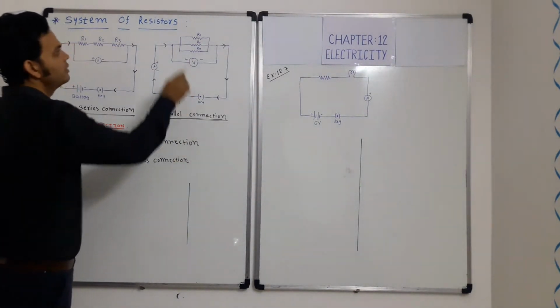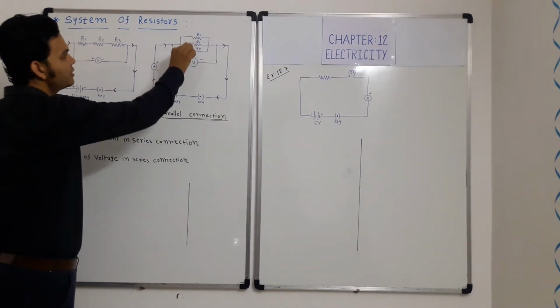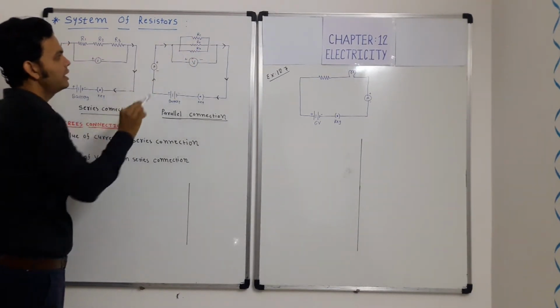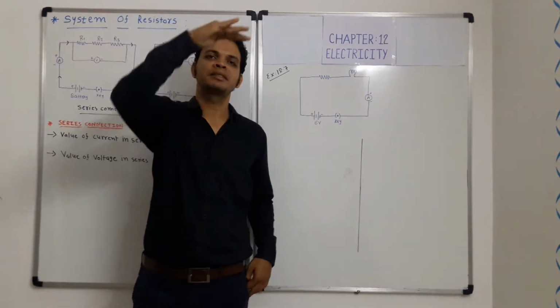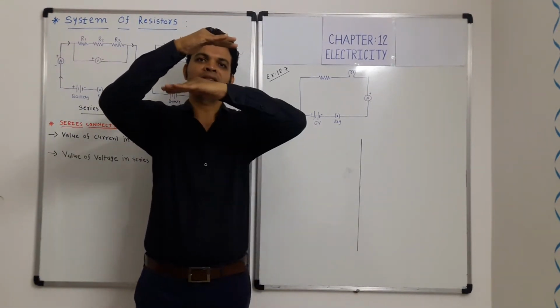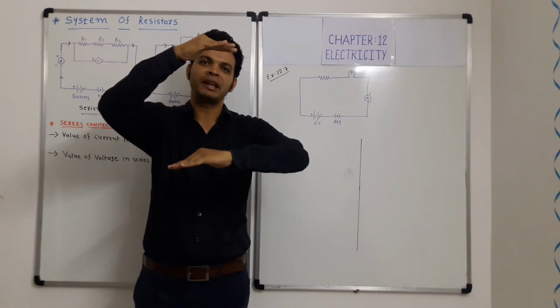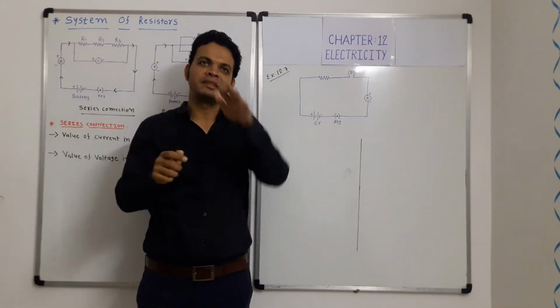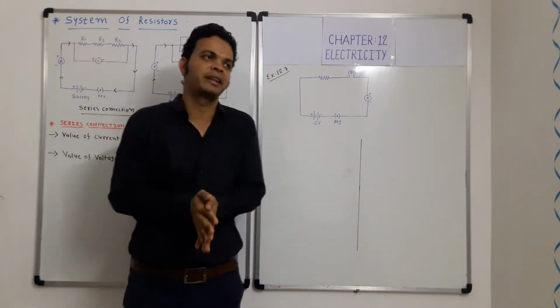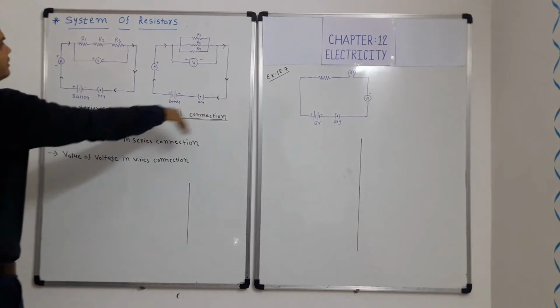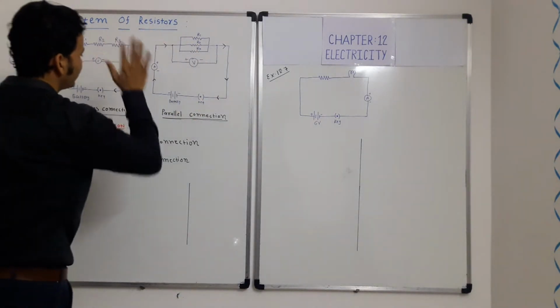However, when the resistances are connected in this manner as shown in the figure, it is known as the parallel connection. So it is something like one resistance is here, then another resistance is here, and a third resistance is here, and so on. So all the ends, the left side ends and right side ends of the resistances, have been connected. Such a connection is known as the parallel connection.